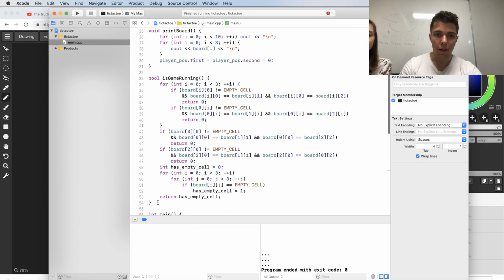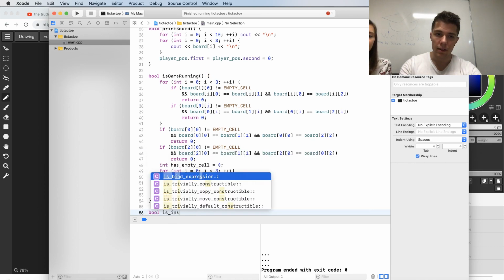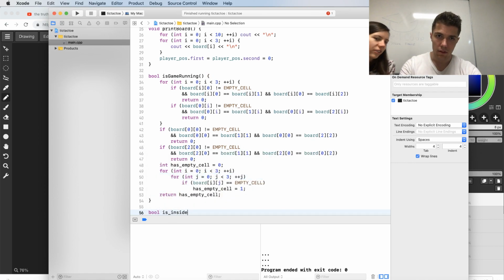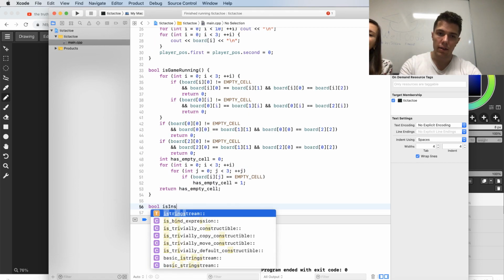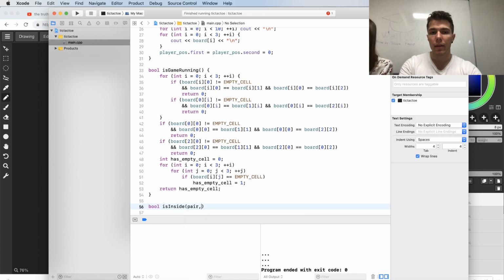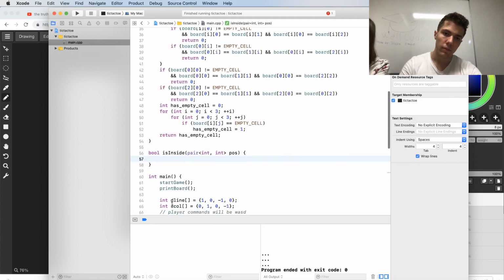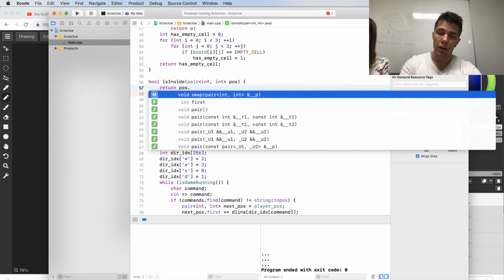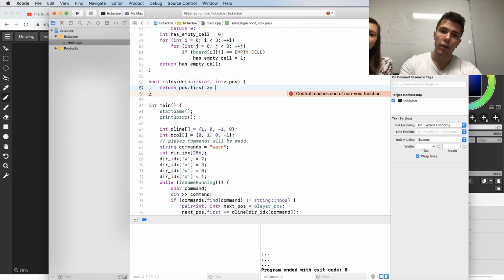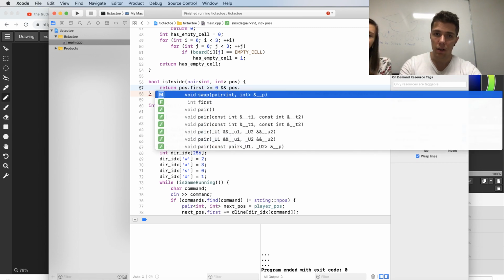So I need another function, bool is inside. You should use the same naming convention as... Oh, sorry. Yeah. Is inside pair int position, and I'm gonna return position dot first is greater or equal than 0 and position dot